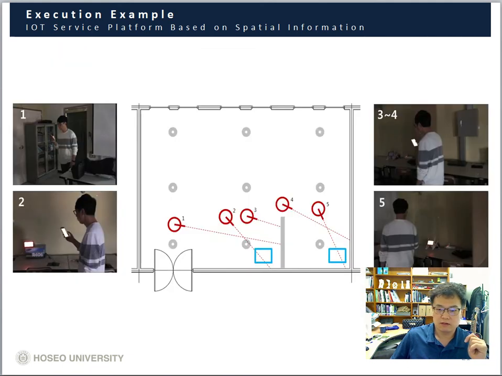This is another example. This is a sequence moving from here to there, 1 here and 2.